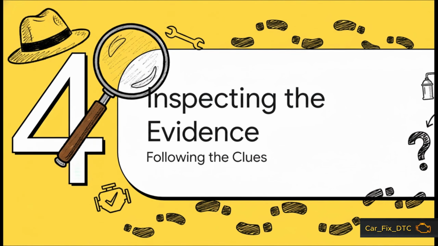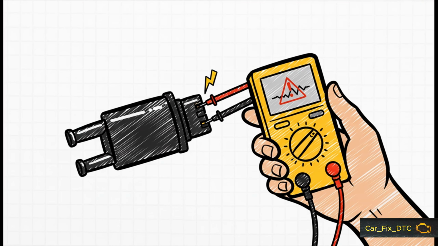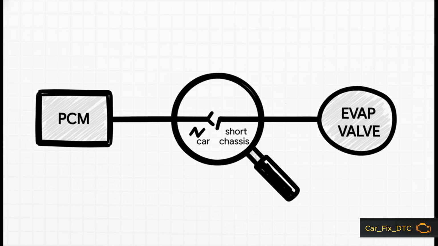Okay, it is time to put on our detective hats. Let's start inspecting the evidence and following these clues, just like a pro technician would. First up, step 1. So first on the list is the VPWR circuit. This is just the wire that provides power to the purge valve. A mechanic will take a simple voltmeter and check if the right amount of juice is getting through. If that voltage reading is off, well, boom, case closed. We found a break in the power line. But what if the power supply is perfectly fine? Well, then that suspect is innocent, and we move on to the next one in the lineup, the evap PCP